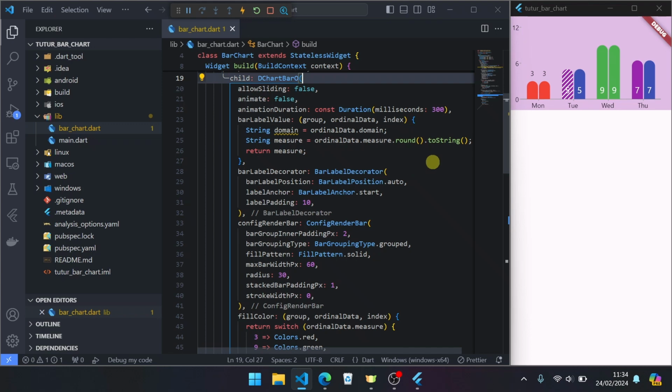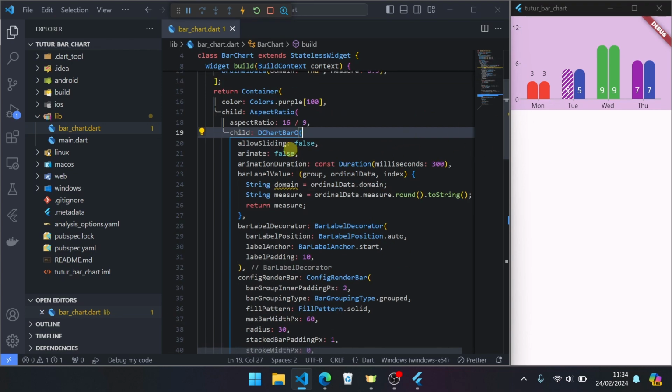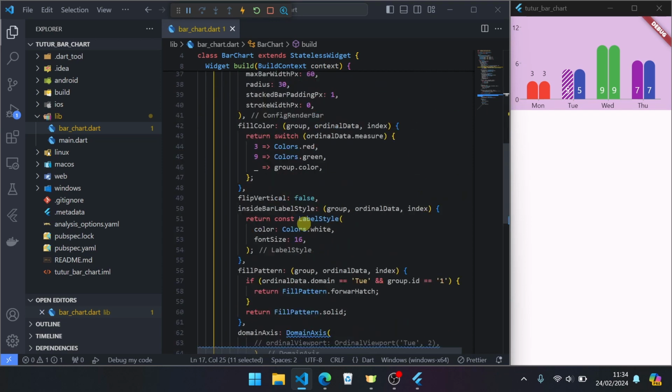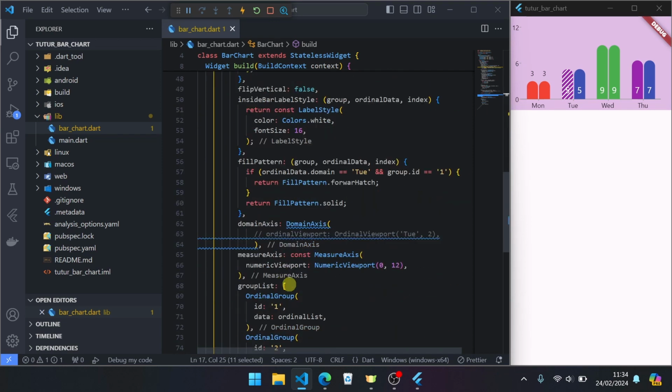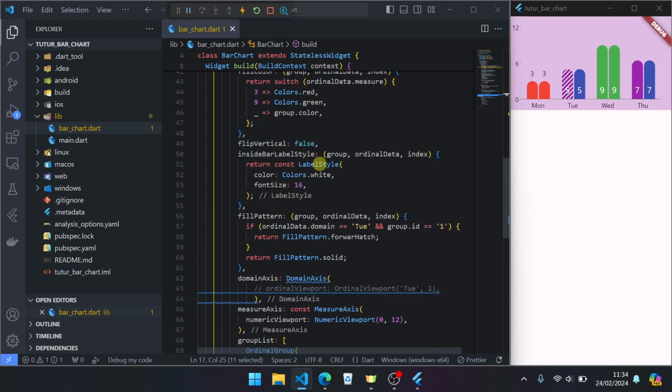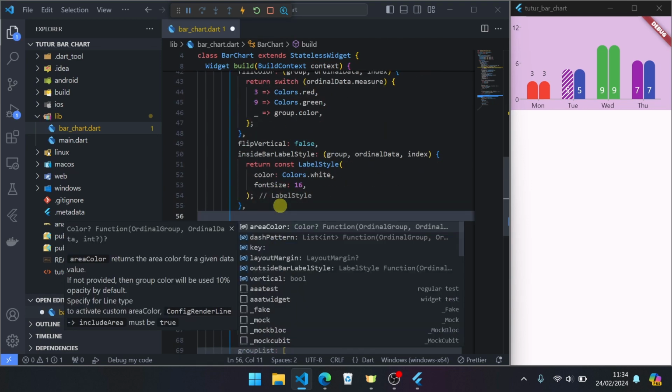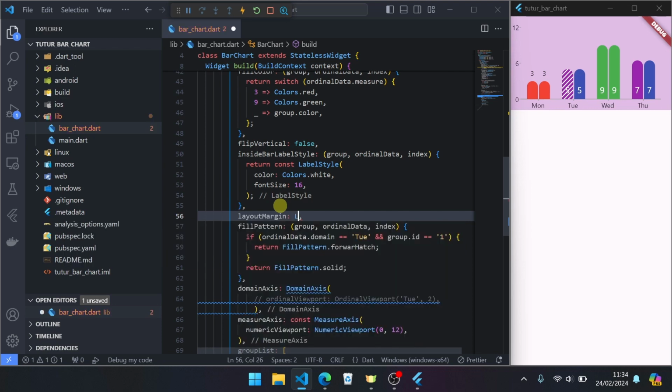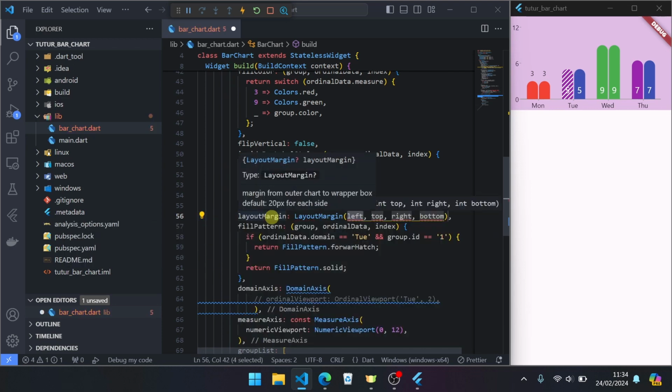Next, if we want space between chart bar or side to aspect ratio, we can use layout margin. The default is 20 for each side.